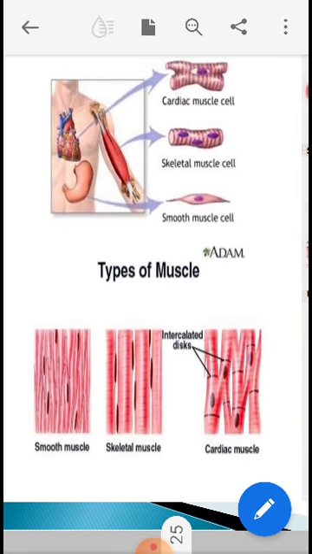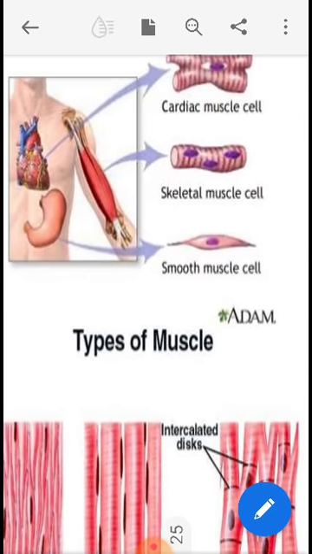Okay, so you can see here clearly in the figure of the human body, you can see the cardiac muscle cell. Now cardiac is the word related to heart. तो हार्ट में जो कॉन्ट्रैक्शन और रिलैक्सेशन होता है, this because of the cardiac muscle cells. You can see the skeletal muscle cell, you can see the hand and the muscles that are related to the skeleton. When you do pull-ups, अगर आप पुलअप्स कर रहे हो, अगर अपने हाथ हिला रहे हो या कोई हैवी ऑब्जेक्ट उठा रहे हो, then you may feel that stretch in your muscles, and that is all because of the skeletal muscle cells.